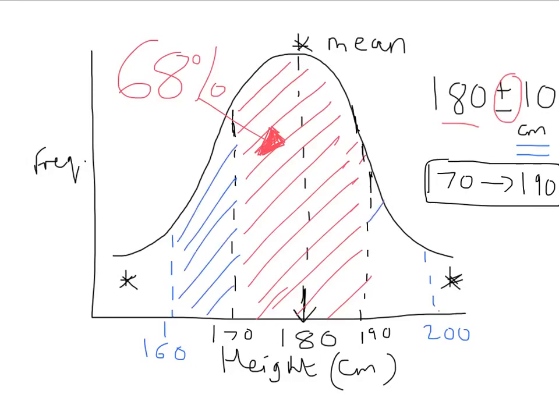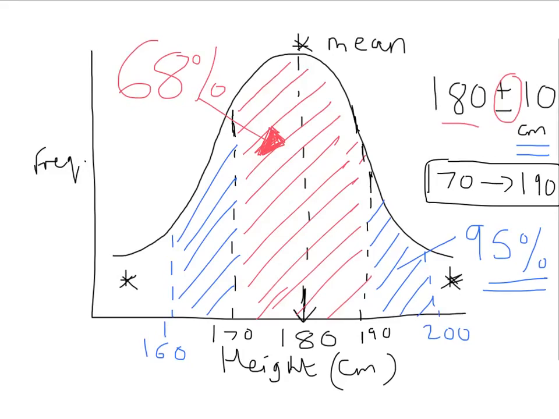So two lots of our standard deviation, we said our standard deviation in this example was 10. So two lots, that's including the red area and the shaded blue area. That actually covers 95% of all values. Now, that's just a little bit to put this standard deviation in context to show how it relates to